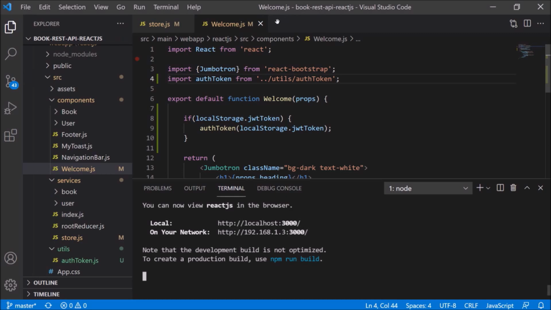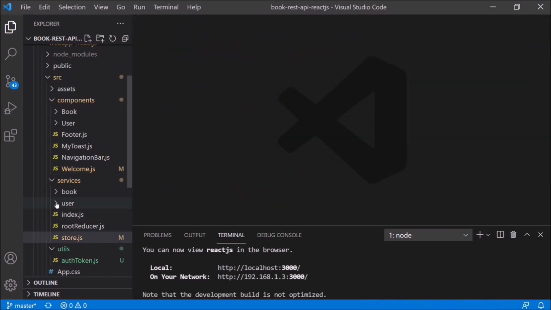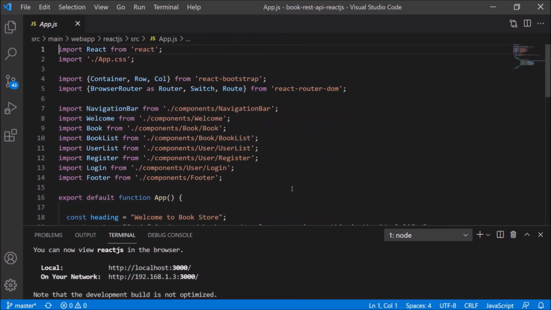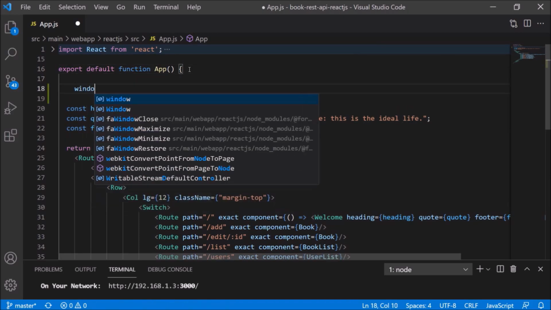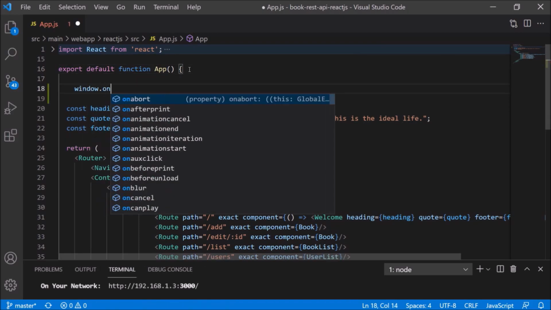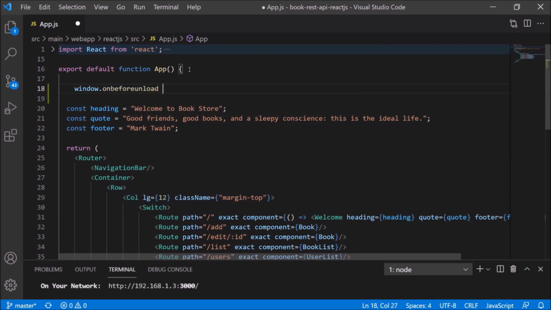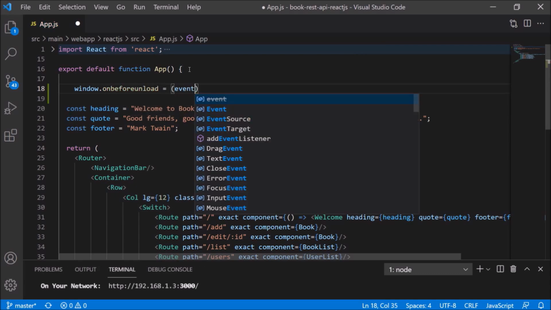So to handle this case, we need to add some code. Let's open app.js file. So basically there is a method which we need to implement, and that method is a part of the window, and the method name is onbeforeunload. Now let's add an arrow function.